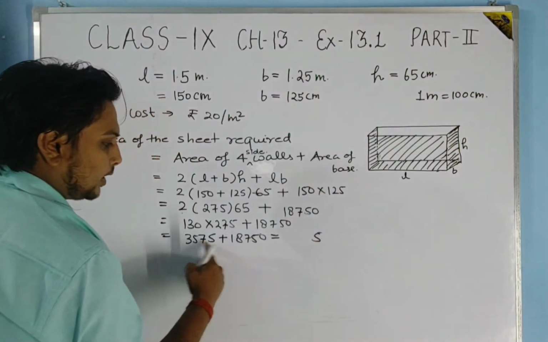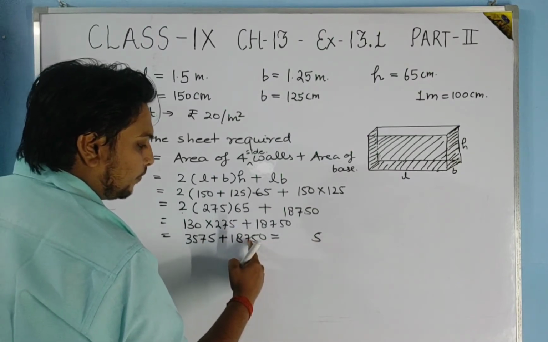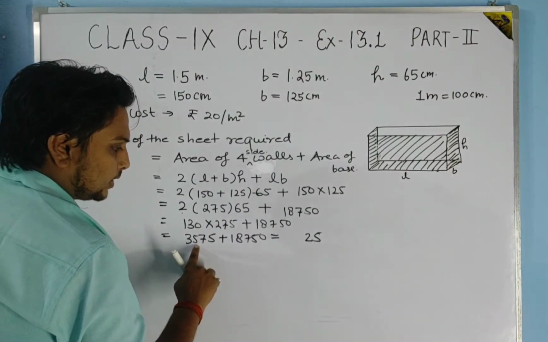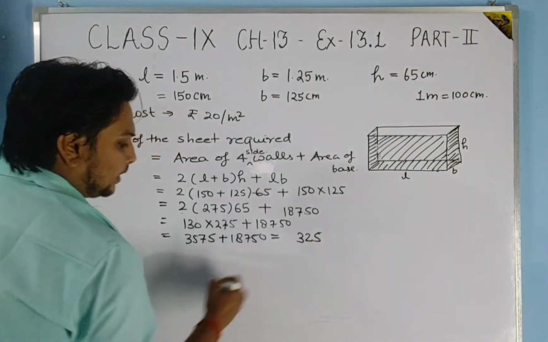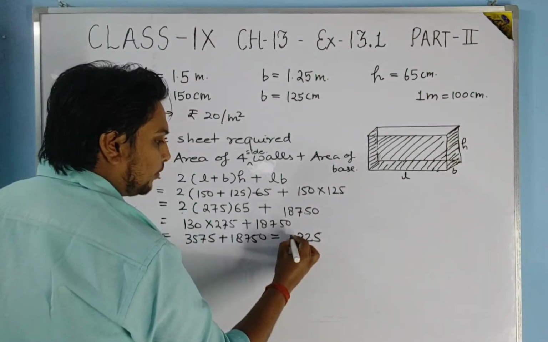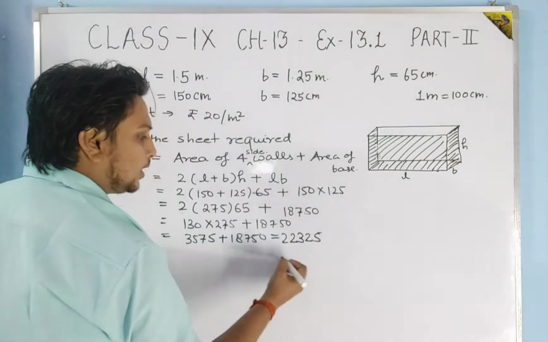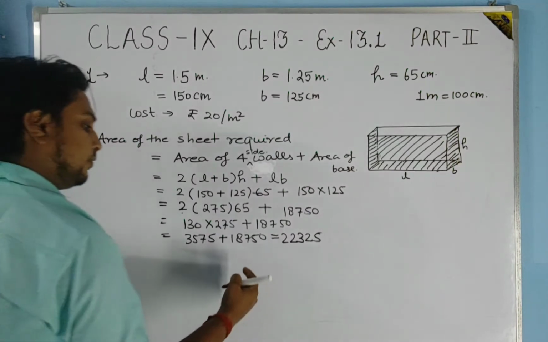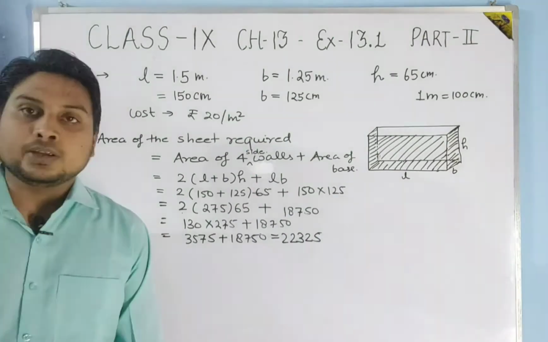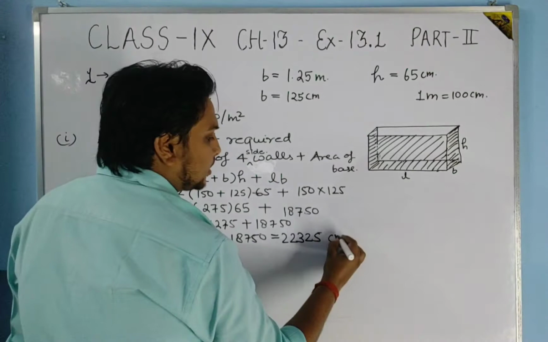505. Okay, 7, 7, 5, 0, 5. Then 7, 5, 12. Okay, and 5, 1, 6, 6, 7, 13. Carry 1. 3, 3, 8, 11, 11 and 1 is 12. Okay, and then 1, 1, 2. So it is like 2 2 3 2 5. When you will add, it will be 2 2 3 2 5. Okay. So this is in centimeter square.